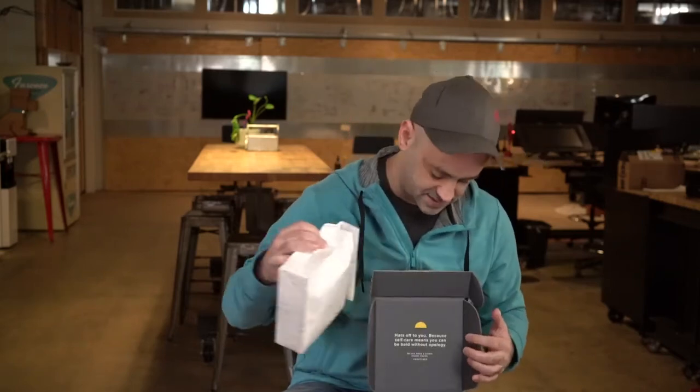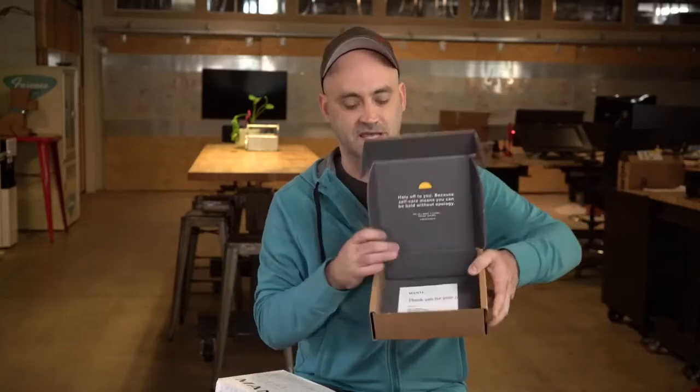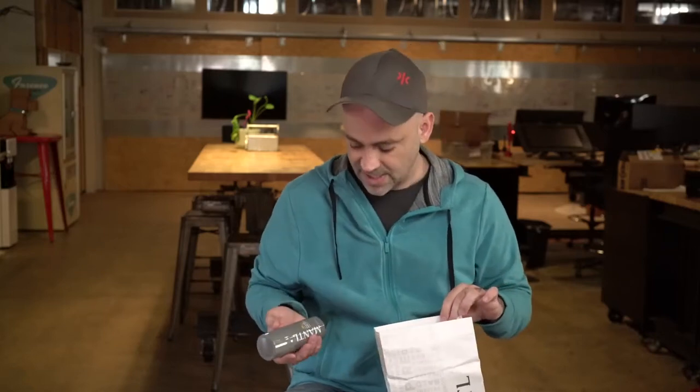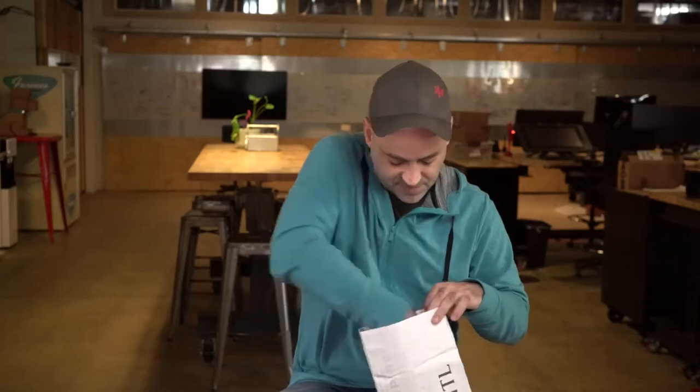Underneath here is basically a packing list. But inside of this is a really cool paper bag. And as we encourage brands to get more creative around these secondary packaging elements, so not just the bottle or the box on the outside, but the dunnage and the fillers and all these other things, Mantl has done a really good job. This is a nice feeling material. And inside of this bag, pull everything out,